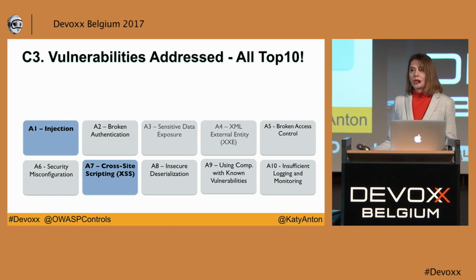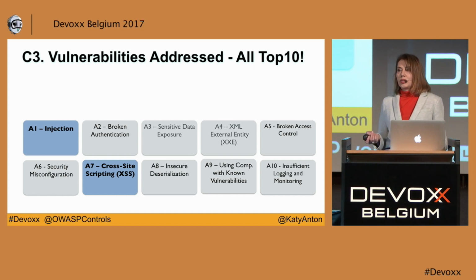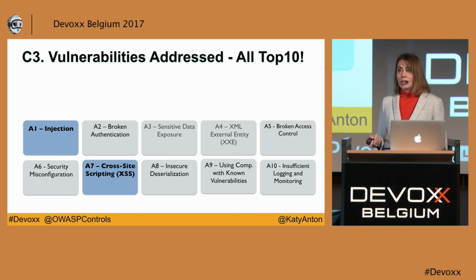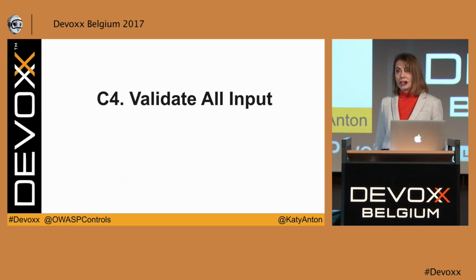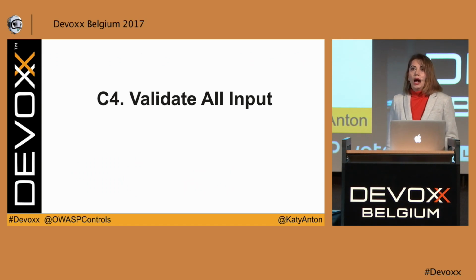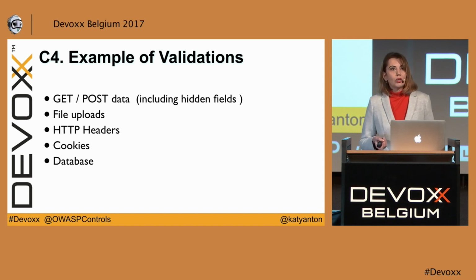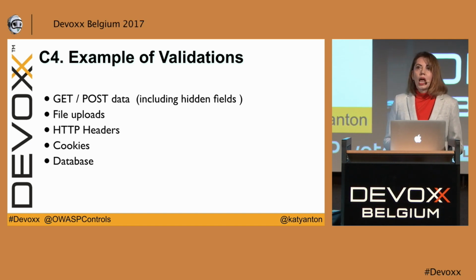What else? So back to our website. What are the things we need to protect against? What about the data? For this, we have control number 4, validate all data. And when we refer to data, we actually refer to all the data that comes via a GET or POST, including hidden fields, file uploads, HTTP headers, cookies, including data from the database. Because when we validate the data from the database as well, then you can prevent other types of injection, like